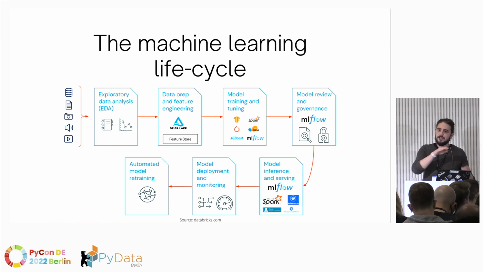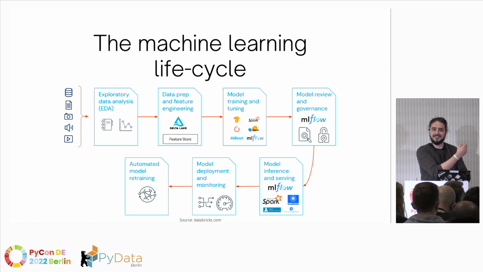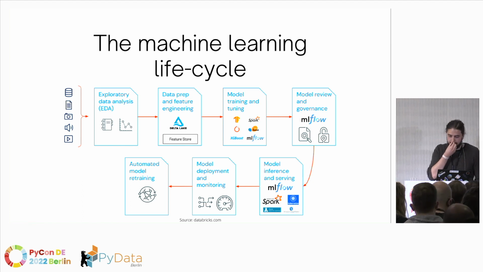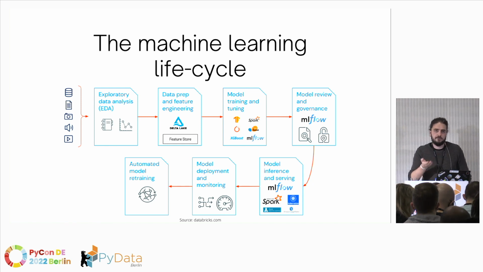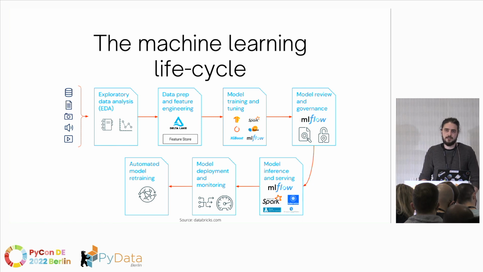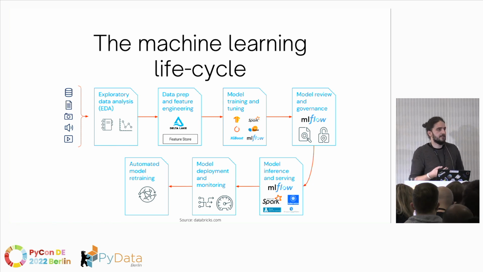Then there usually comes a data preparation, data selection, feature engineering step. And of course, there are these arrows going in one direction, but usually they go all over the place. We call it a lifecycle because it's a nice cycle, but usually it's not a directed acyclic graph. And then we come to model training and fine-tuning, or tuning the model. There's a bunch of tools available for that. And then once you have a model, or you settled for a model and specific configurations, you probably do model review and need to consult people for model governance to check that the model behaves in certain ways,